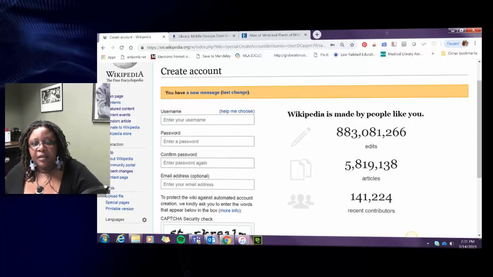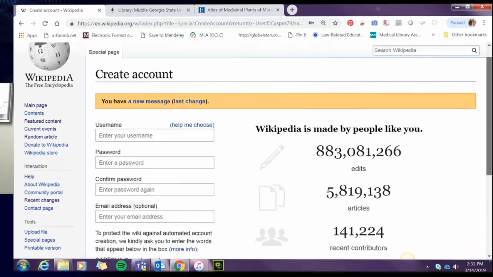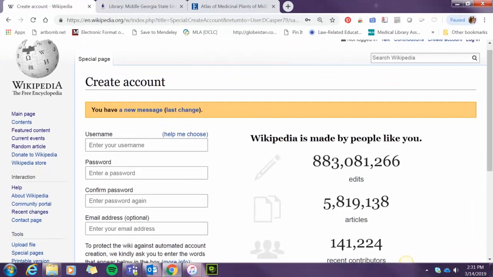Wikipedia, like many other wikis, can be edited by anyone at any time. You can make quick changes. All versions are remembered. So basically, if you need to go back to a previous version, you can usually look at your history and revert to a previous version, and pages will be hyperlinked for easy cross-referencing.